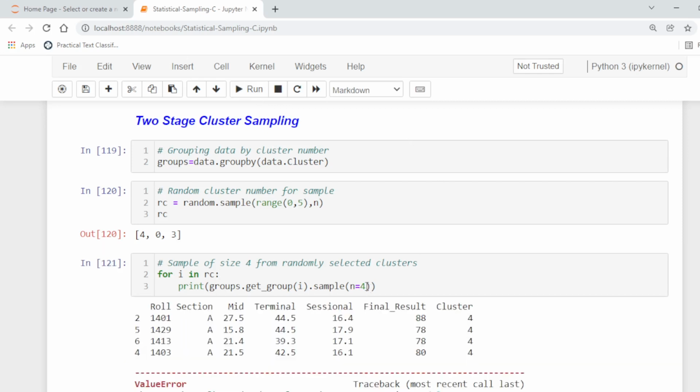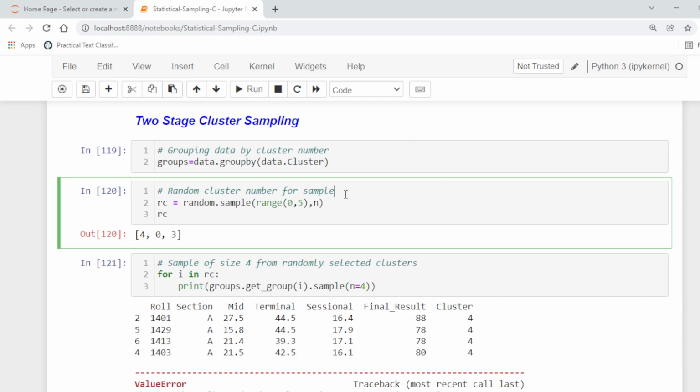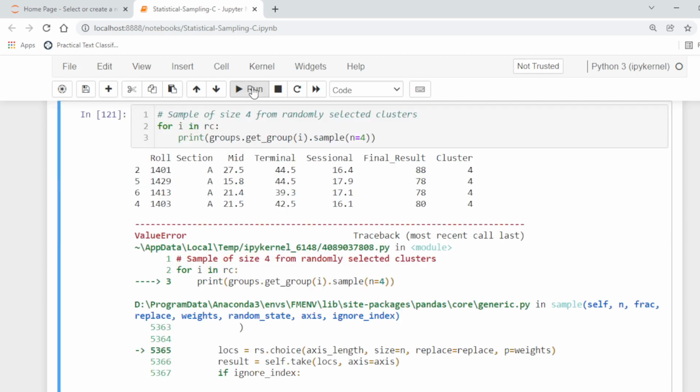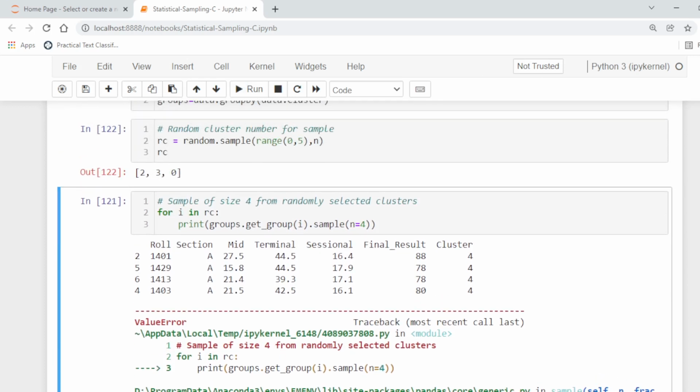Some clusters have fewer than 4 members, so it is not possible to select. We run this again. Okay, 2, 3, and then again we run.